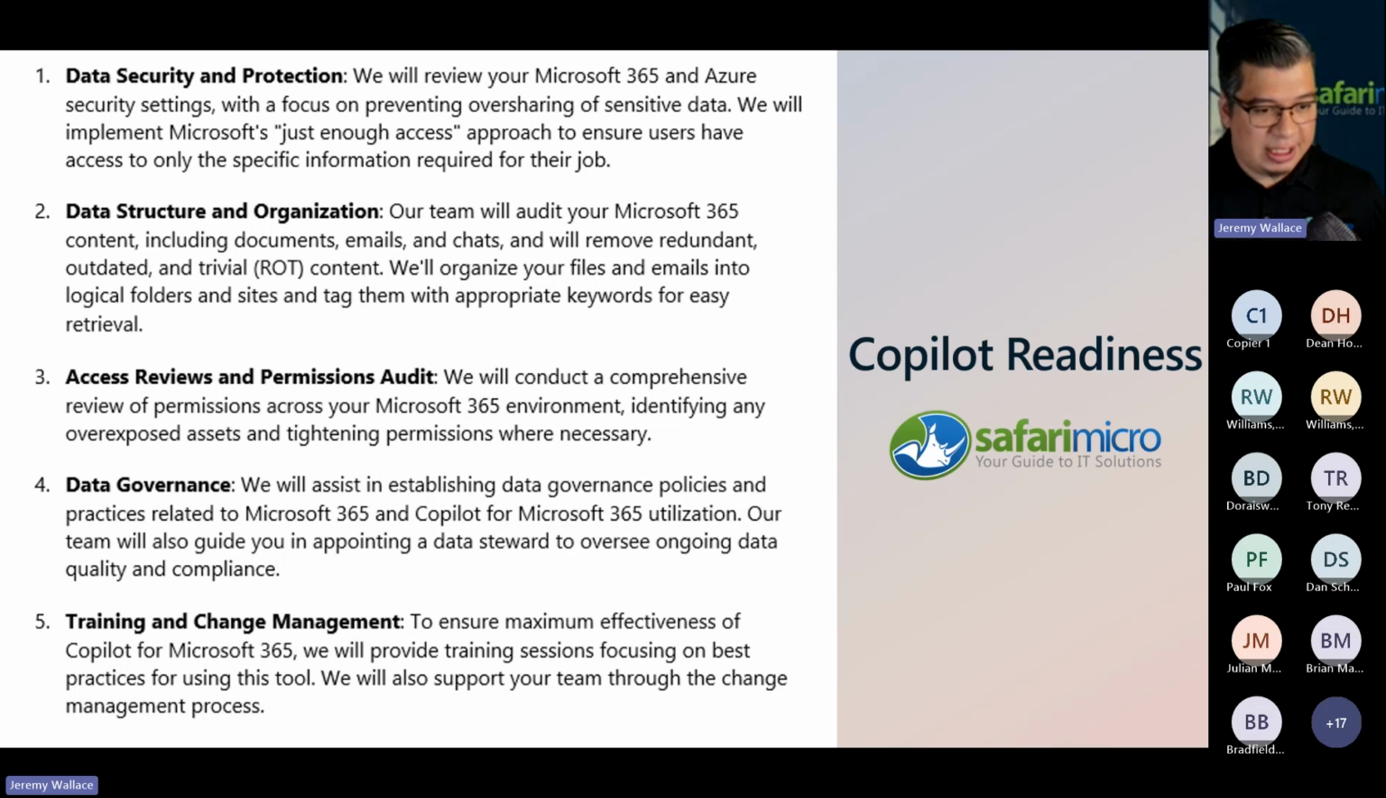Data governance will assist in establishing data governance policies and practices related to Microsoft 365. And then training and change management. Training is another huge aspect of Copilot use, because just like the computer, just like the internet, just like all these tools that you can give people, you can hand it to them, but if they don't know how to use it, what good is it? So we can definitely help with training with AI,